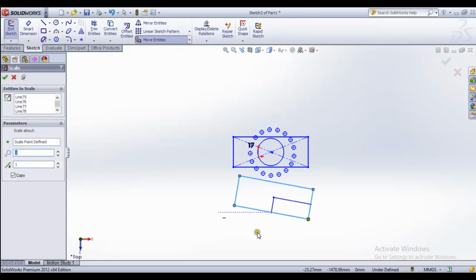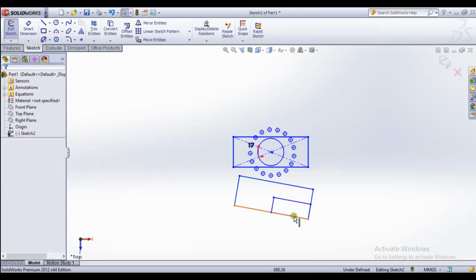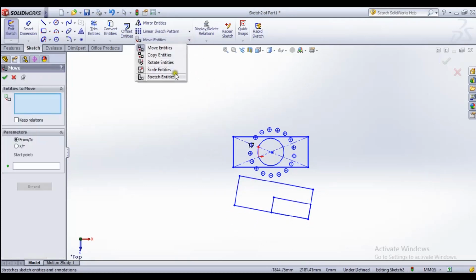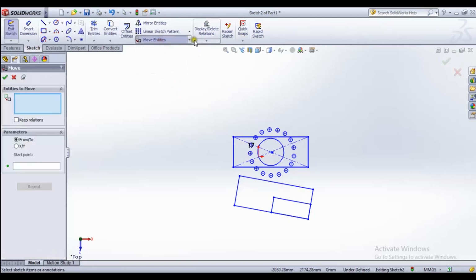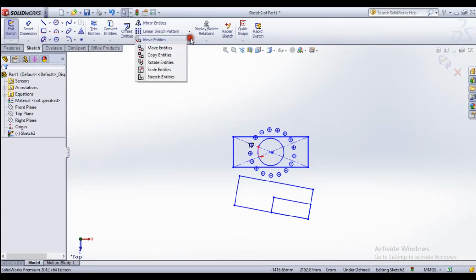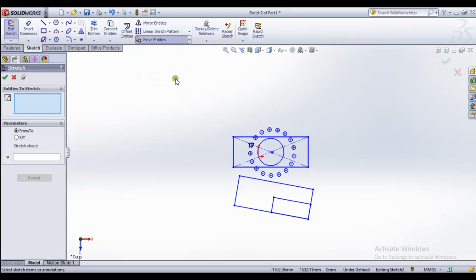Okay, you see that according to the point it is going to 1 to 5 scale, and there are stretch lines here. Sorry, stretch entities, we stretch this one 50, 60. I am going to line 80 sketch.